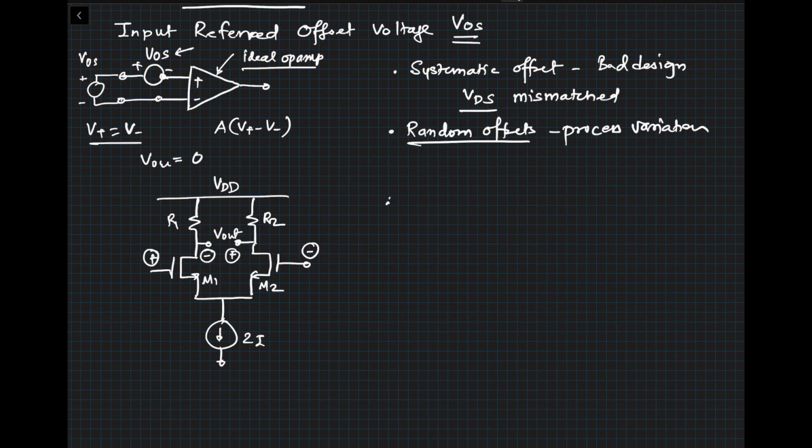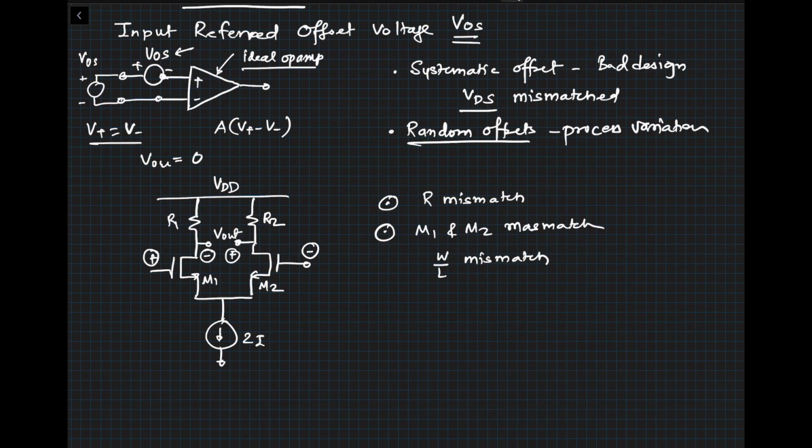Okay, first one is obvious, which is resistor mismatches, and the second one would be the transistor M1 and M2 mismatches. In the transistor, you can have W by L mismatch, which means that both transistors are drawn with certain W by L which are exactly the same. However, when the chip is manufactured or processed, the W for the left side is slightly higher than the W for the right side, or something like that. Length is different. So W by L mismatch for these two transistors, M1 and M2. Also, you can have VTH mismatch, and this is due to the doping and things like that.